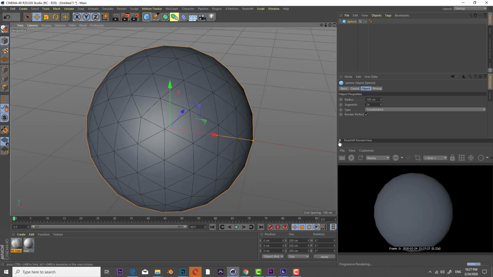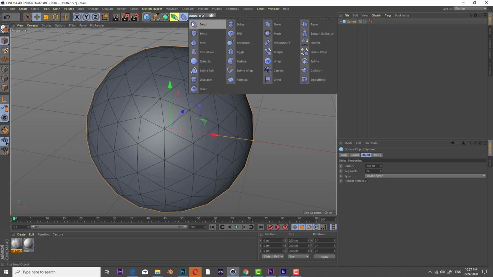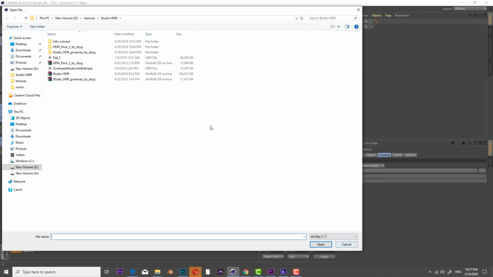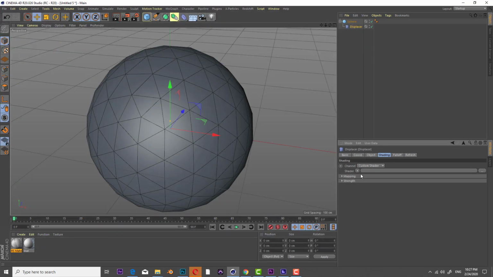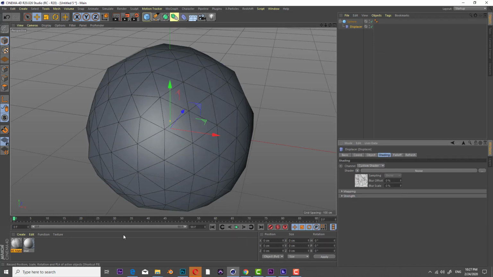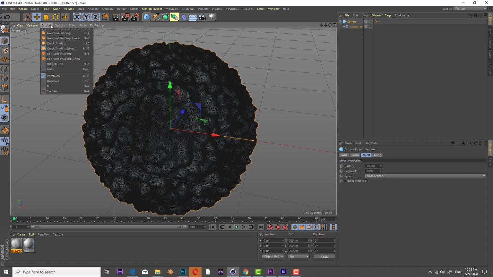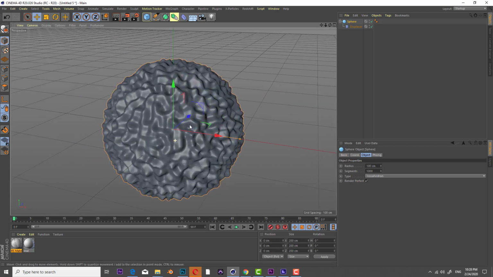Next step is going to be, I'm gonna find a displacer deformer and put it in the sphere, and in the shading tab I can choose a regular texture to drive the height map of the sphere, or I will go ahead and choose the noise. Okay, and right now nothing very impressive happens, and if I bump up the segments to, let's say, 1000, let me switch back to quick shading,